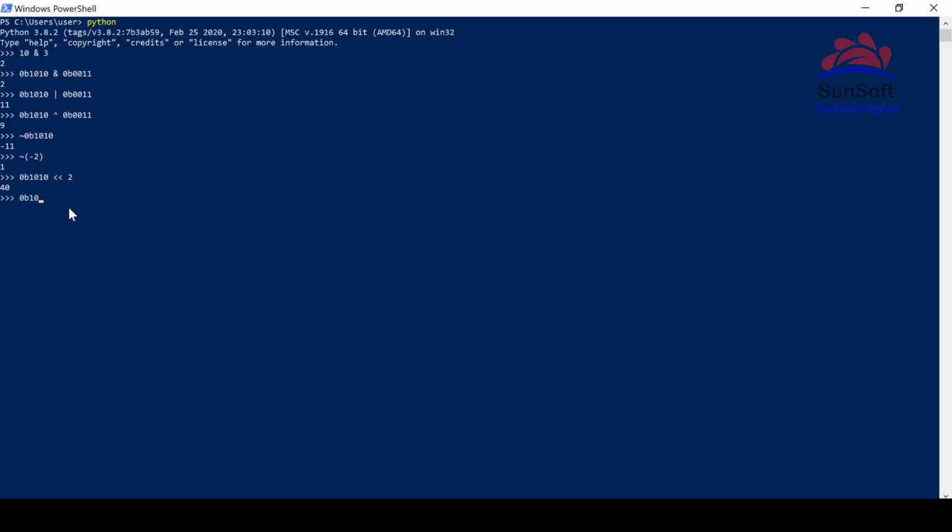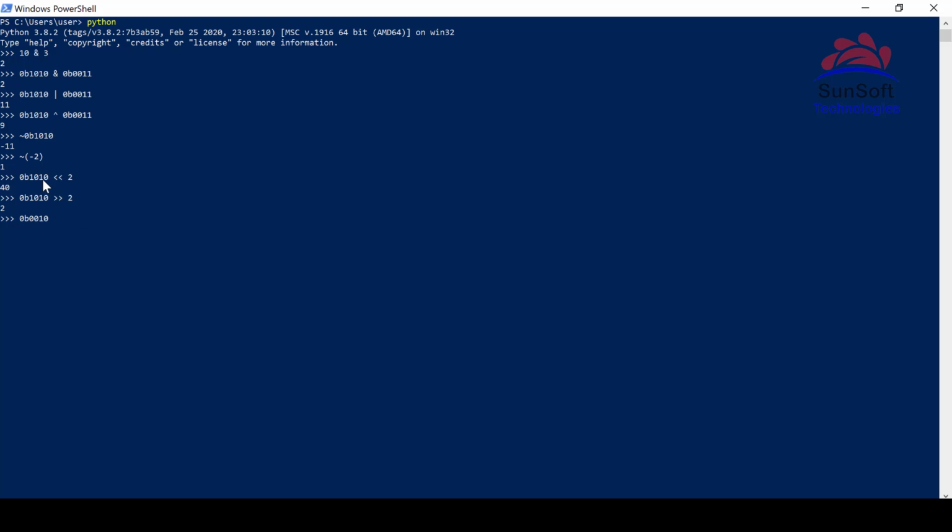So now let's shift it towards the right hand side. Let's see what happens. Whichever bits are out of scope, like these 2 digits, they went out of scope, so they are no longer valid. What has happened is 0 0 1 0.